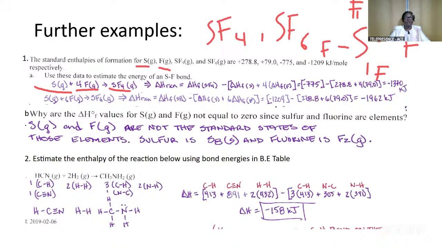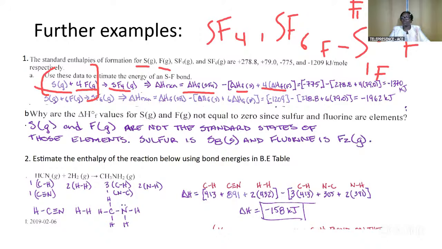If you look at the equation, it's balanced, and the number of moles of each of those atoms or molecules will be considered in the final expression. So you have delta H of formation of SF4 as the product minus the summation of that of the reactants. So these are the reactants, and so you have 1 S, and then you have 4